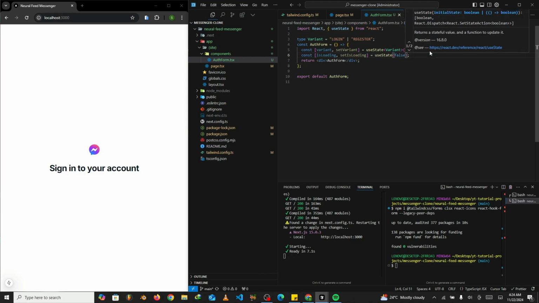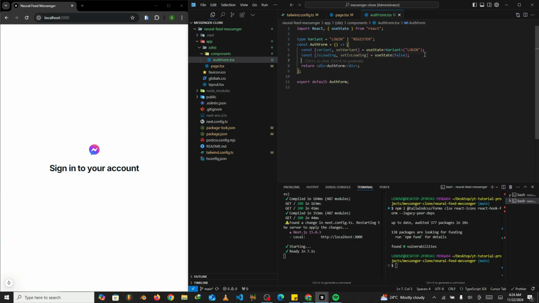Cool. So now that we have this all worked out, we want to quickly work on what would help us toggle the variant or change the variant. In order for us to do that, we can just give a few more spaces and say const toggleVariant. After setting up your arrow function, you want to come down and write a couple of if statements. So we can say if the variant